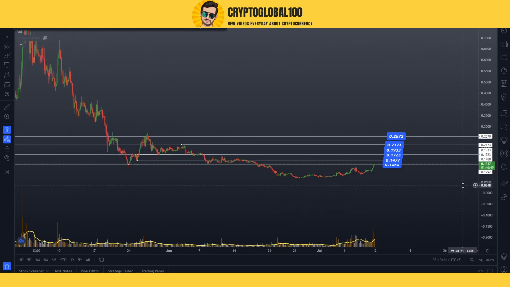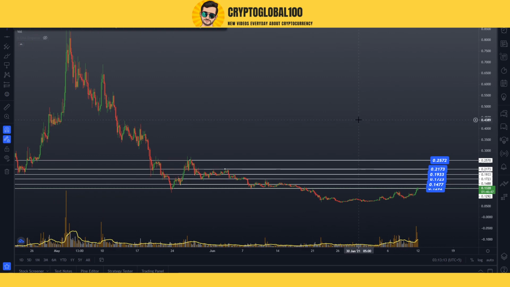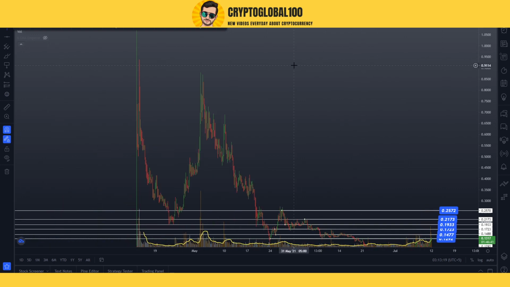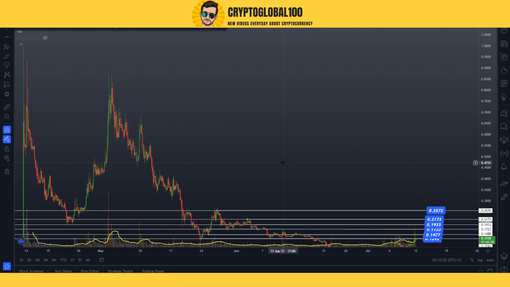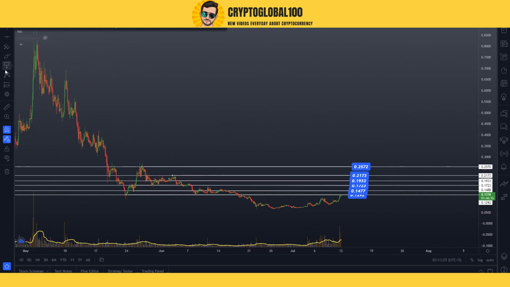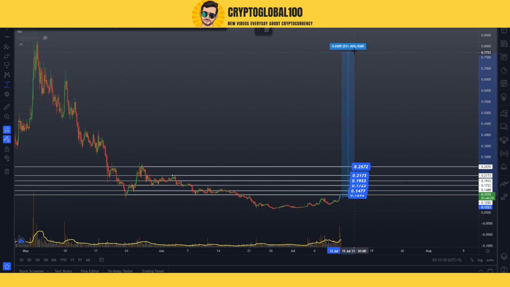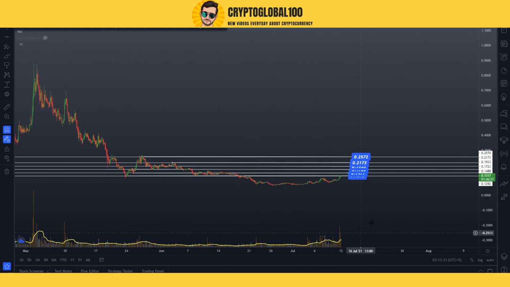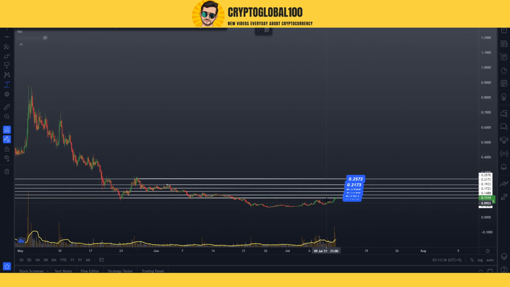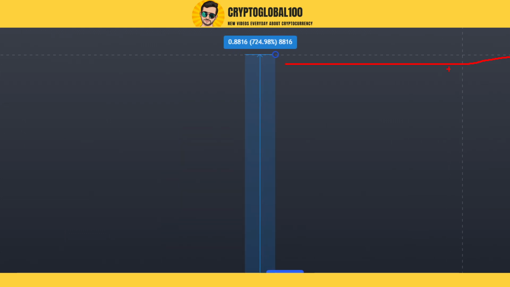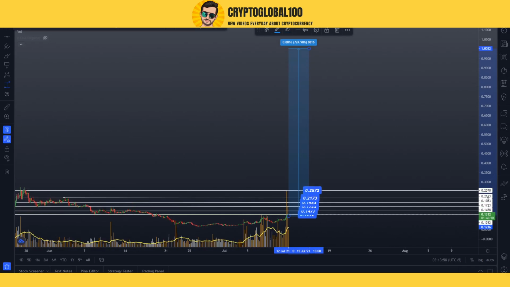But a lot of people have asked me when it's going to reach the $1 area. Here it is, the $1 mark. And if we take a look at the $1 mark, the price needs to go up approximately from this area. Let me zoom out a bit. Just take a look yourself, guys. You can see here, for $1 we need a 700% pump, and that is only possible during the bullish season.